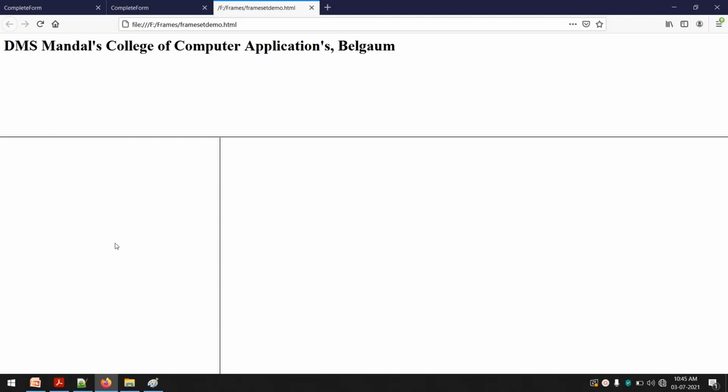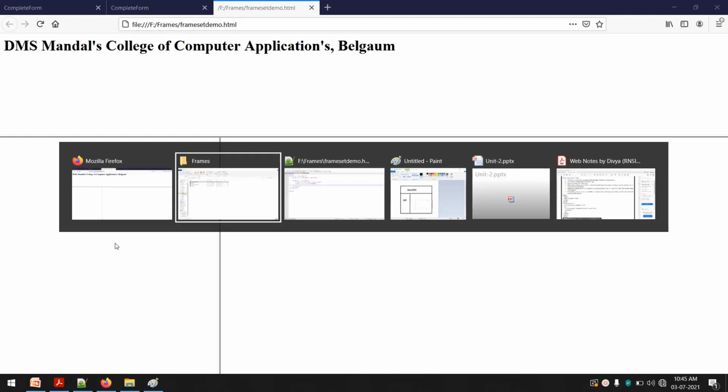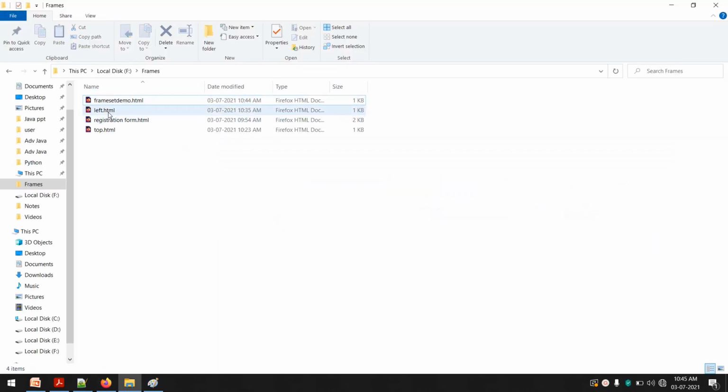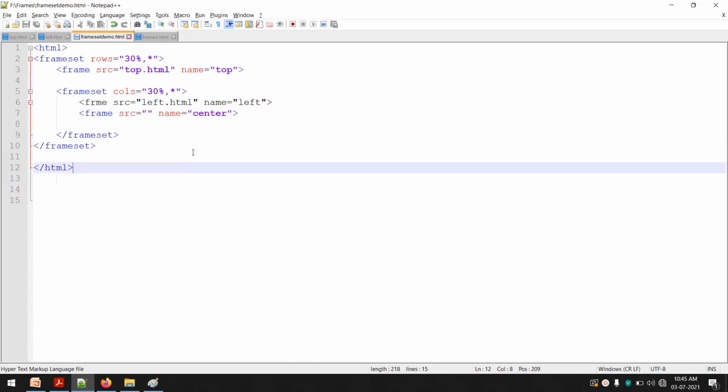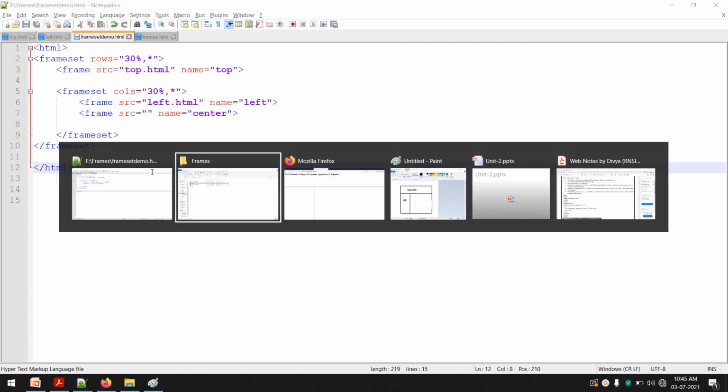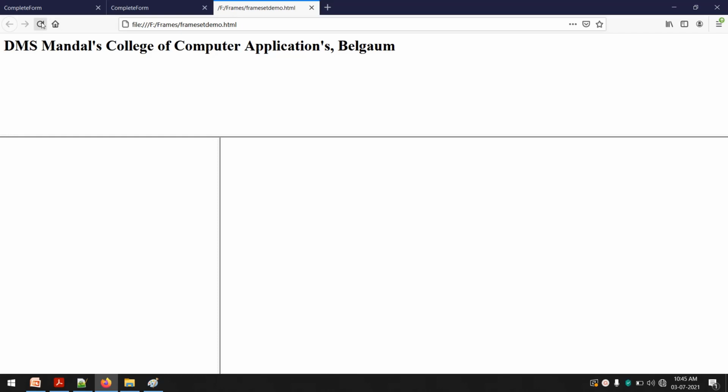Okay, so again go back to the file. So this is a folder. We have left.html available in the folder though. We will check the coding. Okay, so this is okay. There is a spelling mistake you can see in the frame tag. A is missing. Now we will verify it. I'll again refresh the file.